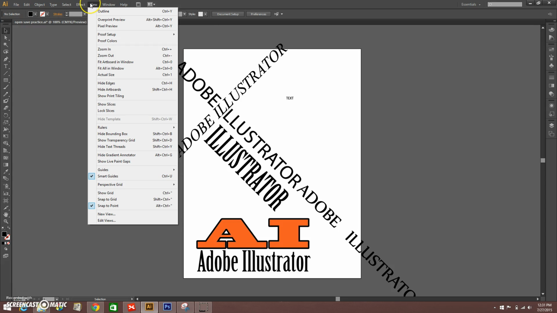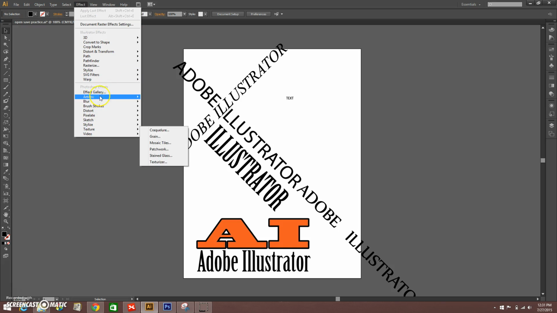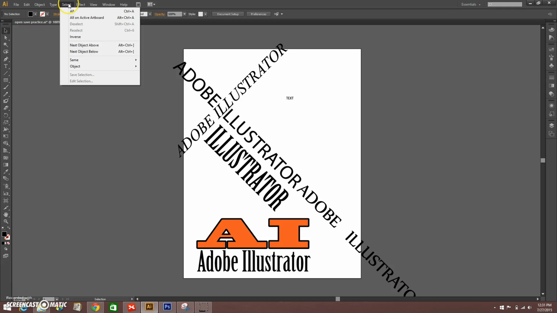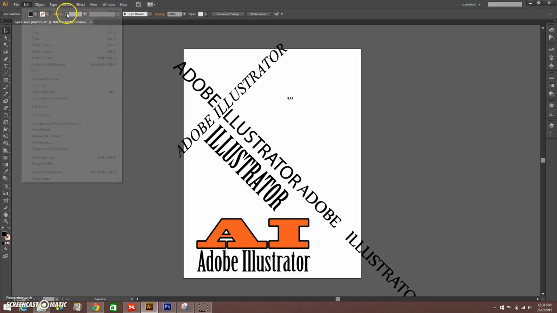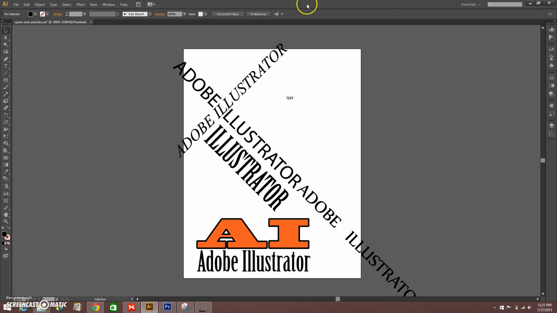And then you have your View menu that takes you to the different viewing options in Illustrator, and then some effects, both vector-based effects, which would be under Illustrator Effects, and then you also have different Photoshop effects, so rasterized, pixel-based effects that you can apply to your vector graphics if you choose. And then you have different select choices under the Select menu, etc. So it's pretty self-explanatory what these different menus have in terms of your choices and options.